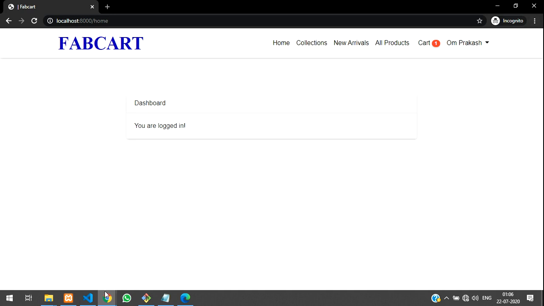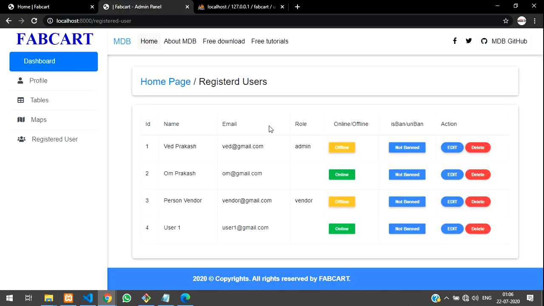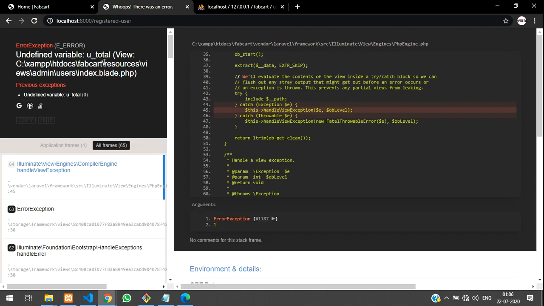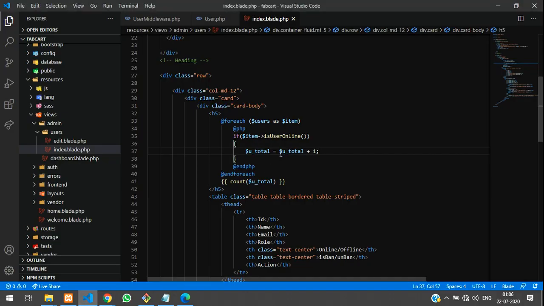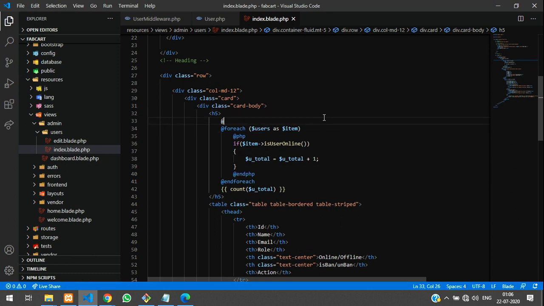Let me close. Okay, let it be. We have to check, Control R. If it shows an error, we will solve it. Okay, undefined variable total u. So we have to define that first. So guys, it is very simple. Just call this, and above it just include it.